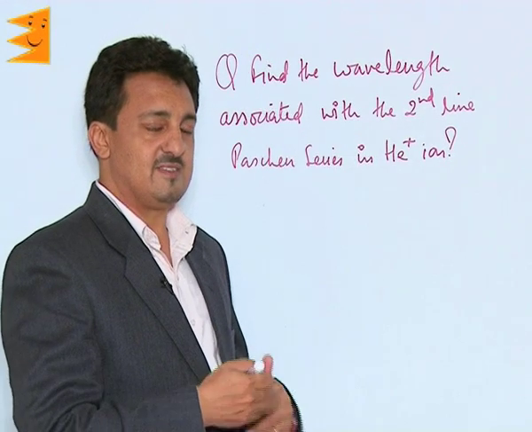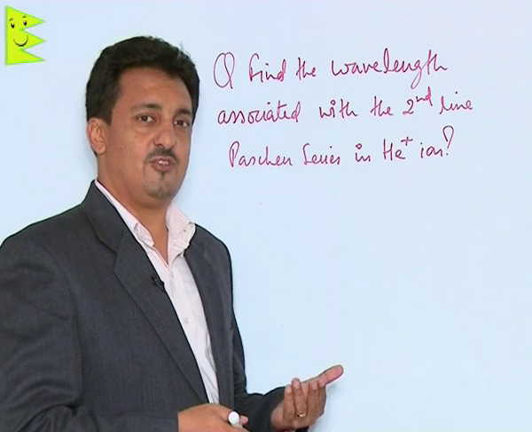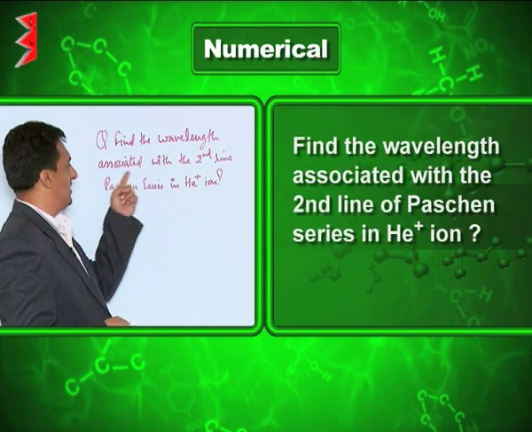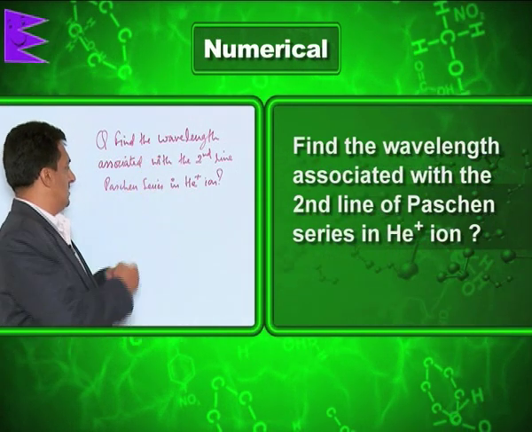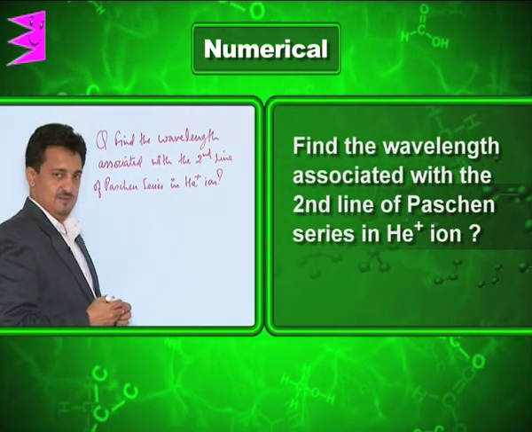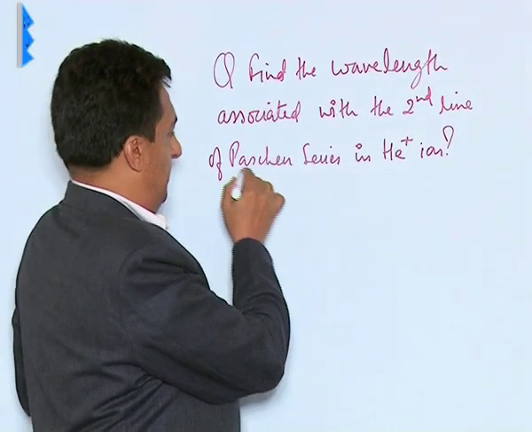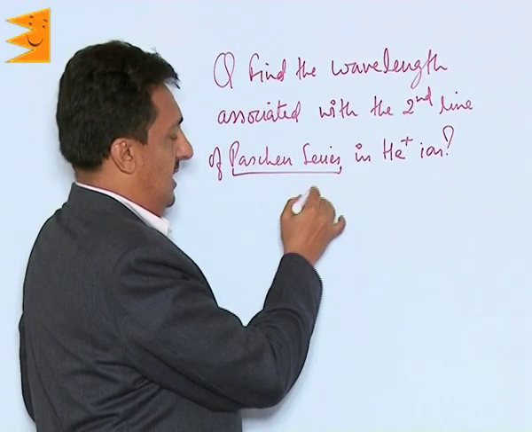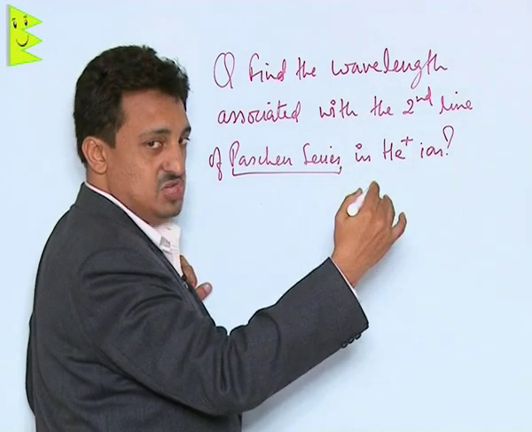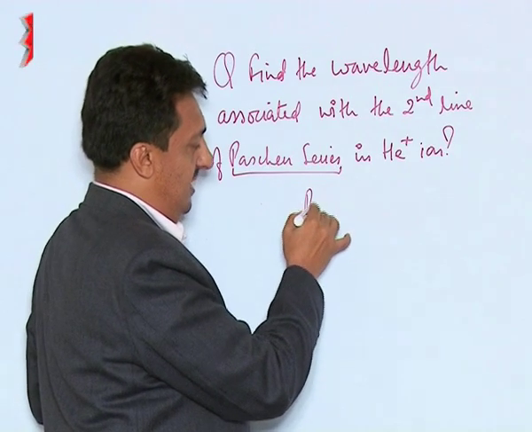In order to understand how these transitions take place and how to find out the wavelength or the frequencies associated with these transitions, the numerical is: find the wavelength associated with the second line of Paschen series in the helium ion. Paschen series, the third series. We know for this series, the electron comes back to the third orbit or third shell. So remember, in Paschen series,